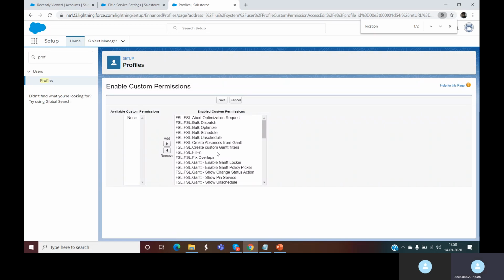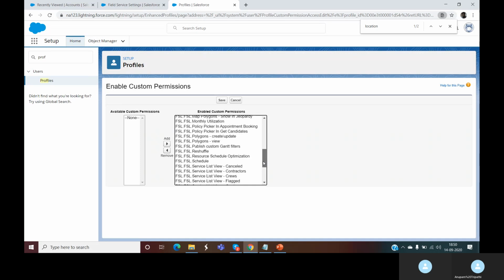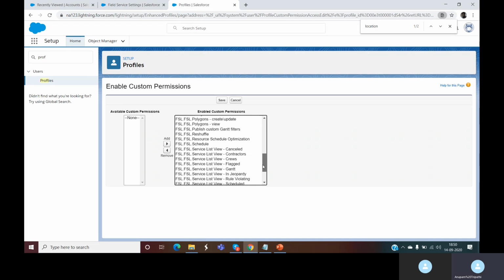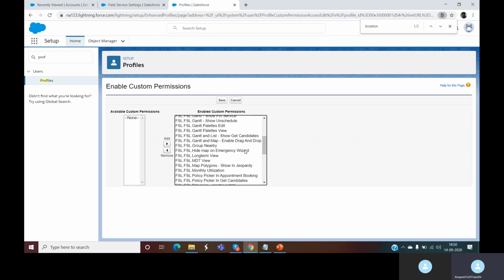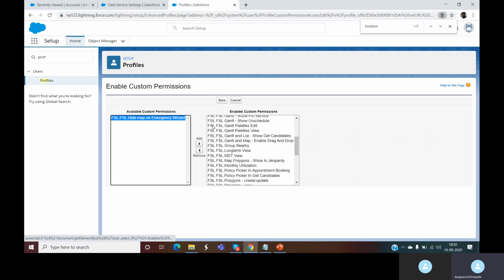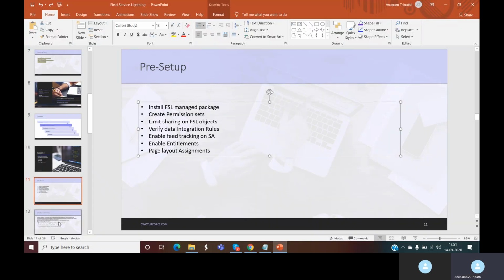And we'll basically remove one of the permissions from here. I think there was hide map from emergency wizard, right? So we'll remove this and we'll save this. I think that's all for the prerequisite. I think we have done all.